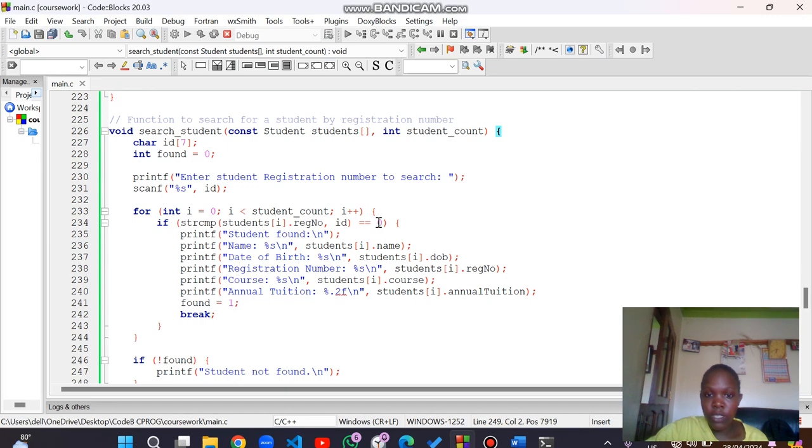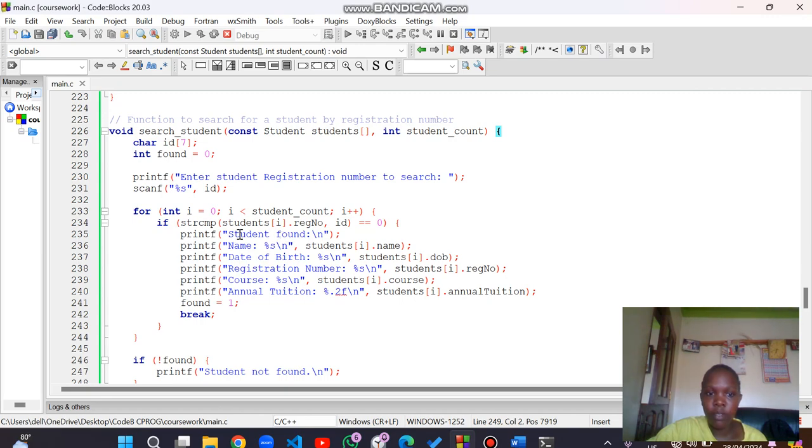So the fact that it is equaling to 0 means that the student is found. So if it is equal to 0, meaning this ID, the student registration number that is stored in here, is equal to the registration number of a certain student in